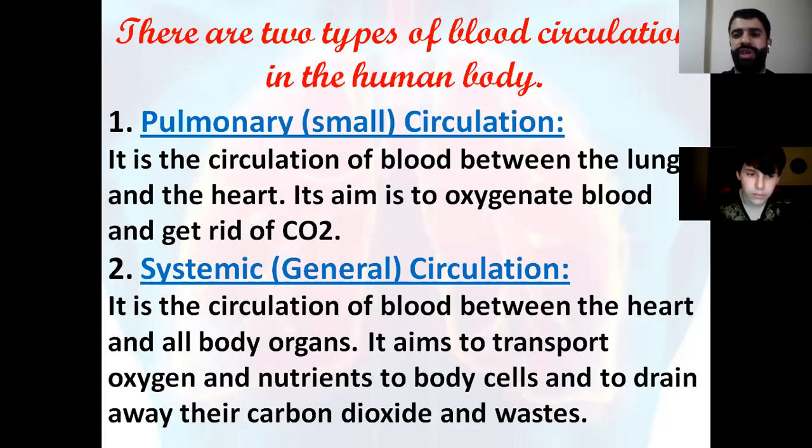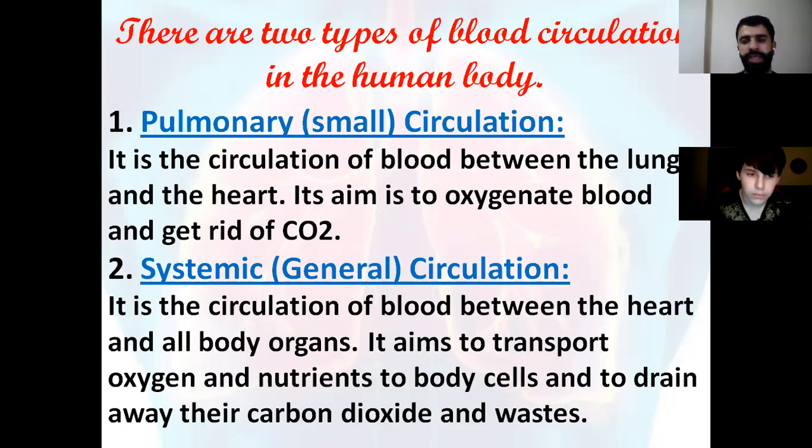We have two types of circulation inside the body: pulmonary circulation and systemic circulation. Pulmonary is a small circulation between the lungs and the heart. What is the role of this? It aims to oxygenate the blood, to give oxygen to the blood and to get rid of carbon dioxide. Whereas the systemic is for all the systems. It's the general circulation, the circulation between the heart and all the body organs. What is the role of this? It has an important role to transport oxygen and nutrients to body cells